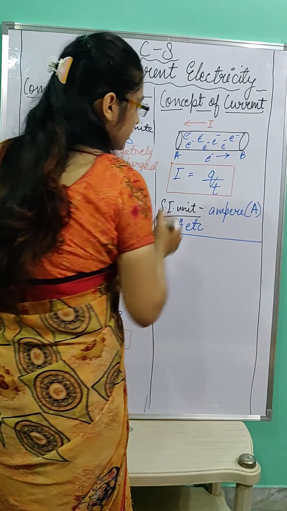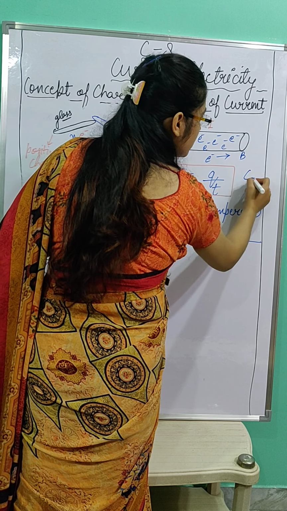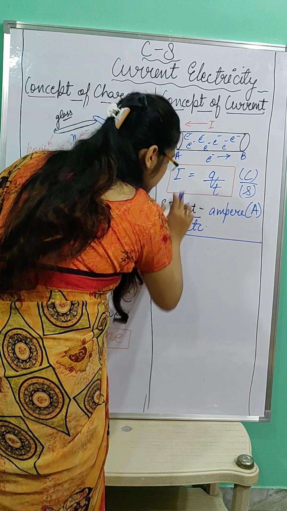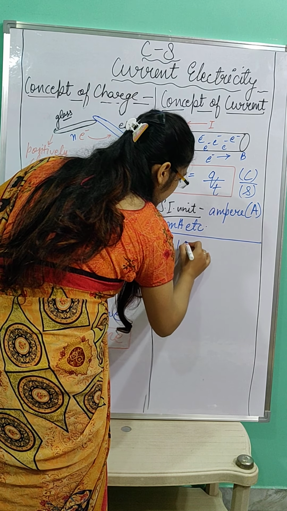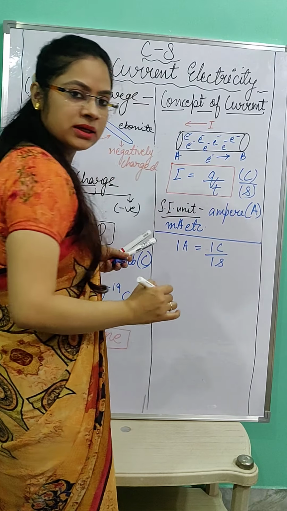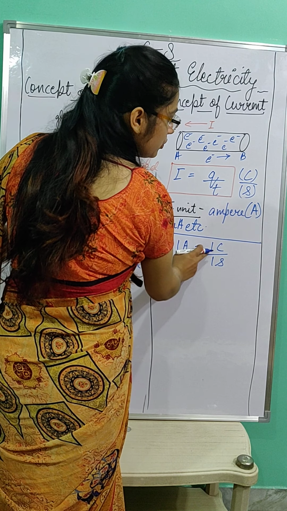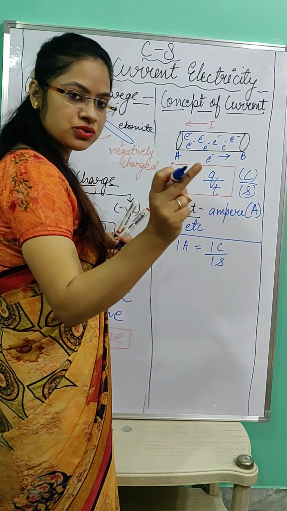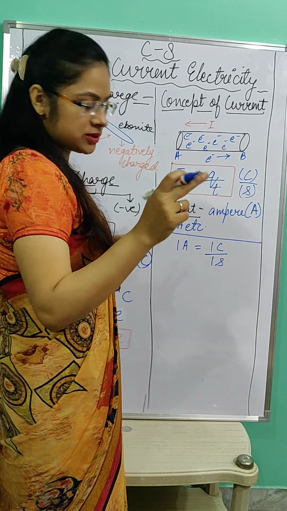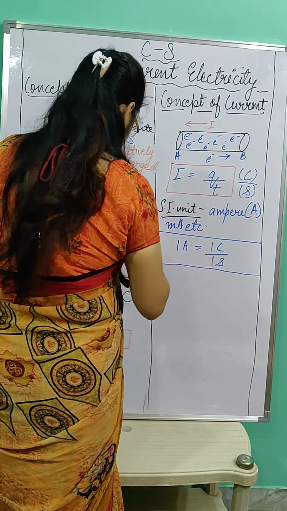Okay, let us also define this ampere, the SI unit. As we know that the charge is measured in coulombs and the SI unit of time is second. So, according to this formula, we can write that 1 ampere is 1 coulomb of charge in 1 second. How will you write it in sentence form? When 1 coulomb of charge flows from one place to another in 1 second, that constitutes 1 ampere of current. Okay, this is sometimes asked in the question paper also, to define 1 ampere.